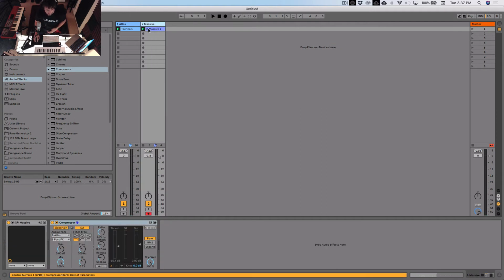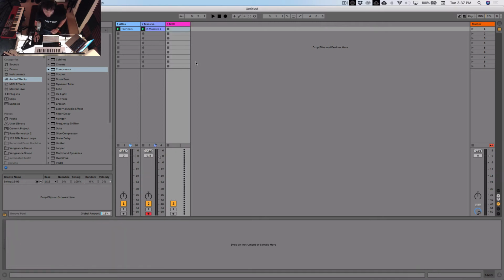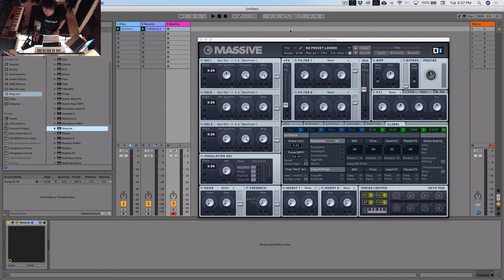Obviously from here you could add all your plugins, your analog warmth, and you'd have to tweak it a bit as well, the EQing to sit in with your mix. But we've only got 2 elements right now. I'm just going to quickly add one more element just for a bit of fun. Massive again. In this song, Atlas, there's also another sound